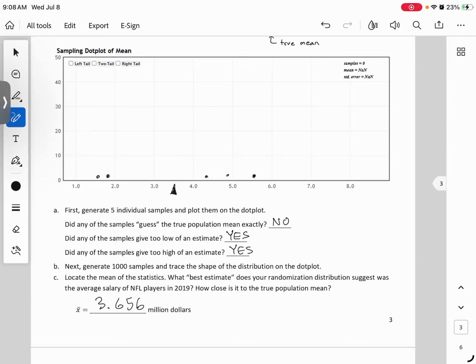You will not get the exact same answer as I do because of the way these are being created. It's through a random process of selection. Your answer though should be similar. So as long as in the answer key I've got 3.656 and you got 3.6421 or whatever, you're fine. Now go ahead and just draw the basic shape